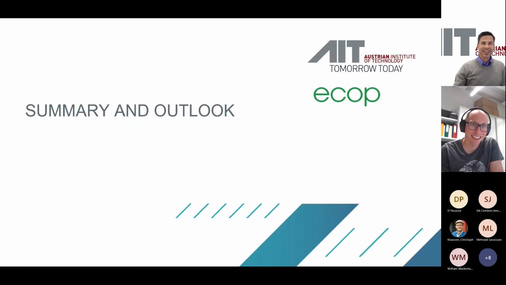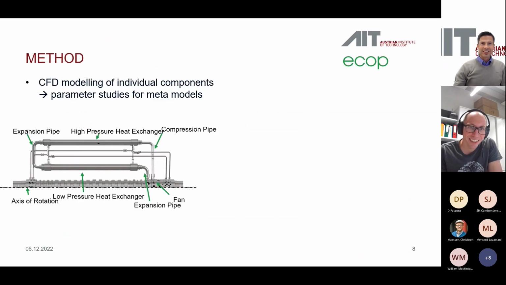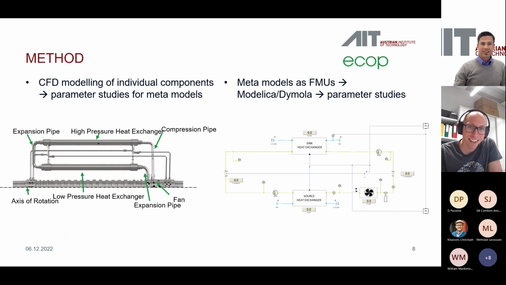Yeah, there are many. You mean, I guess, this slide. Yeah, there were many lessons learned. For example, we need the CFD. This is one lesson learned, of course. Otherwise, we don't have enough data for this very special system where it is very hard to really measure. But inside Dymola, we also had some numerical tricks to be applied. For example, what to really do